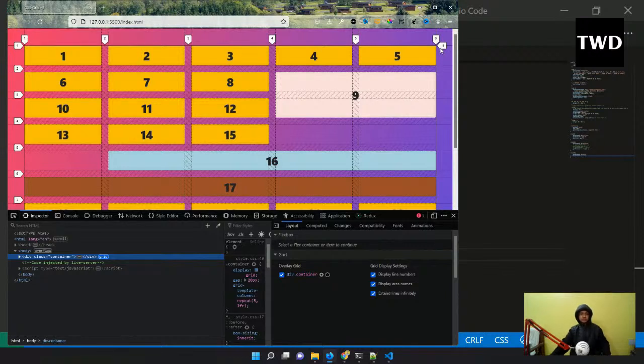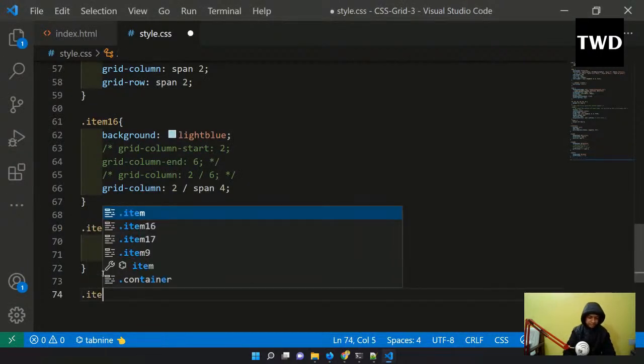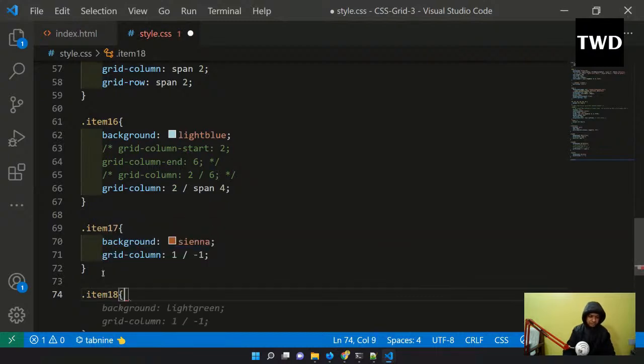So minus 1 always, this 6 and minus 1 means the same thing, but it can be 6, 7, 8, 9, 10. Minus 1 means the last one. 1 means the start and minus 1 means the last. So minus 1 means the last, so we can directly do it like this, minus 1. Okay, but with minus 1 there is something else also. Okay, so item 18 and